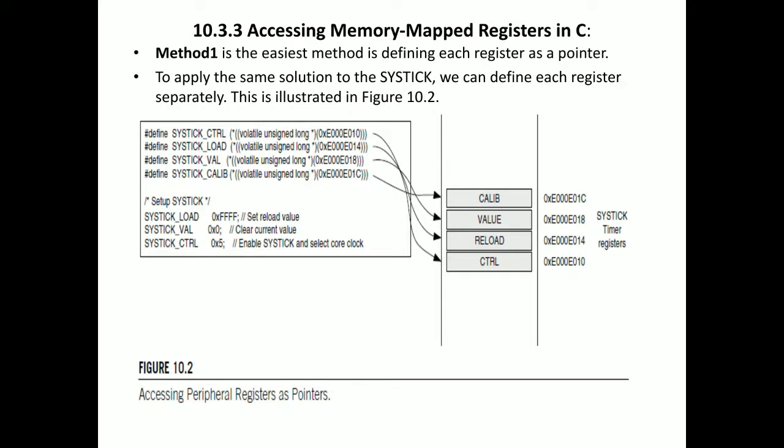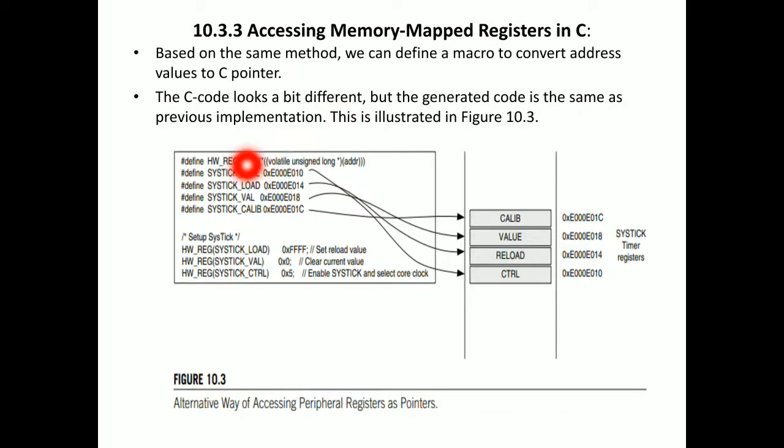These are pointers, but you can see these are defined as just variables and values. First they have created a macro, which is setting global variable values. They are not pointers yet. After that, they are converting them to pointers. This is another method: the first one creates pointers directly, and the second one first defines macros and then converts them to pointers.